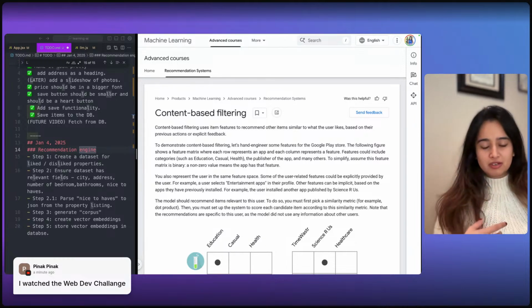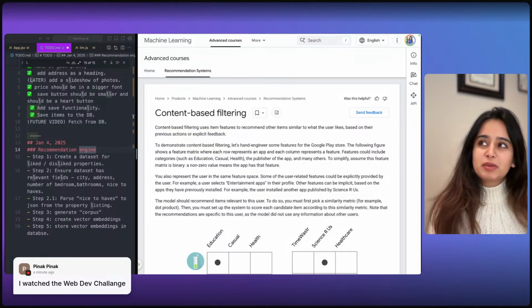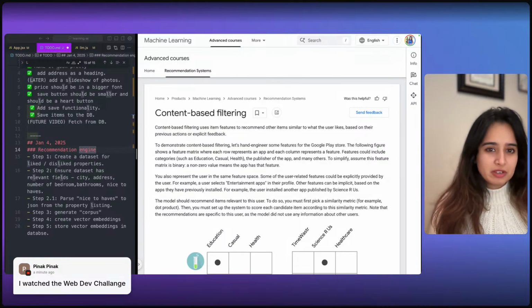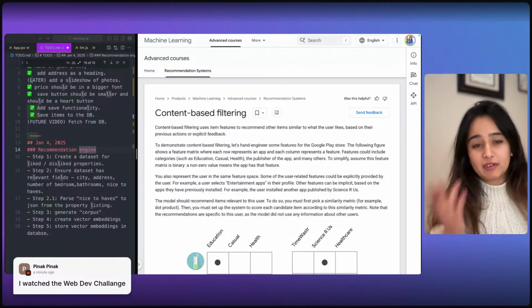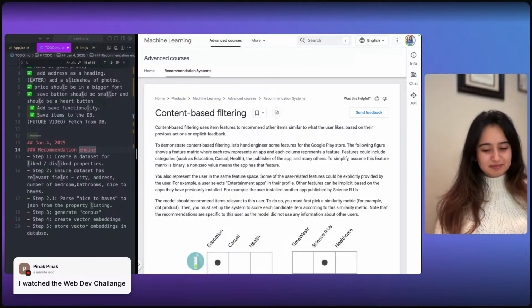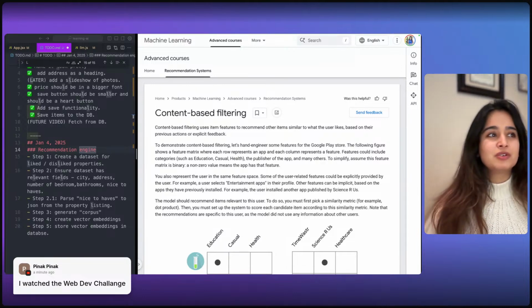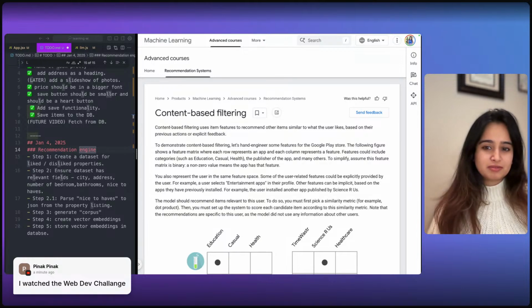So you just retrieve from the provider and it was there for you to consume. It made my life a lot easier, and I was a big fan of Convex from there. I had a lot of fun in the Web Dev Challenge. If you haven't watched the Web Dev Challenge, go watch it. It's so fun. Jason hosts these Web Dev Challenges periodically, and if you are interested in being part of the Web Dev Challenge, you can join as well.